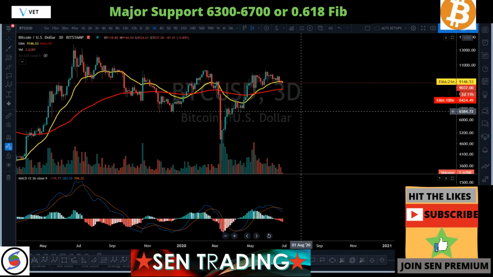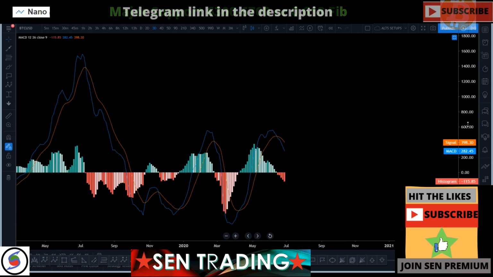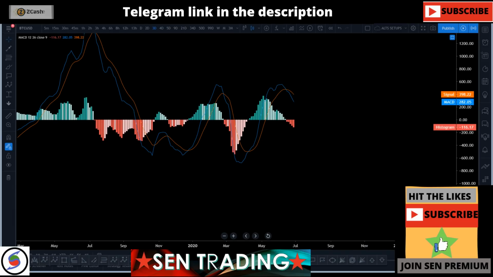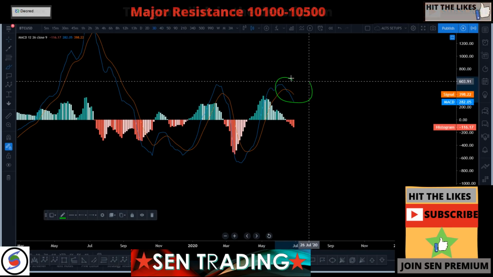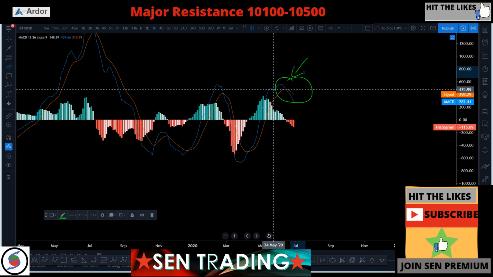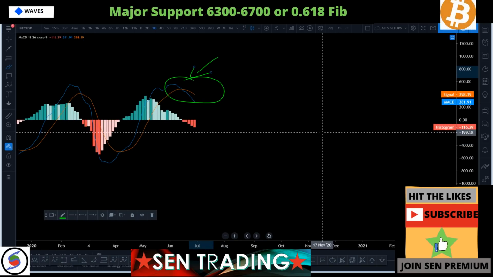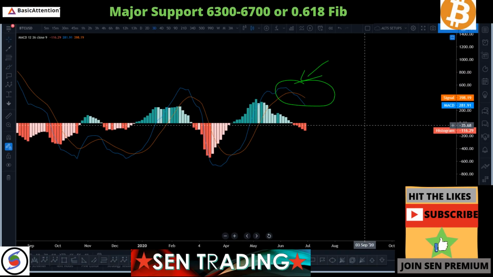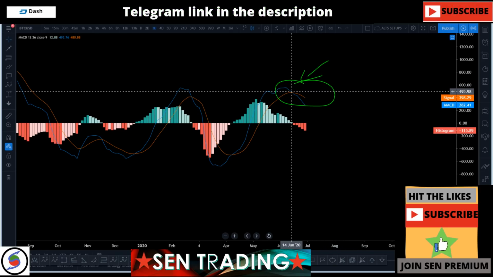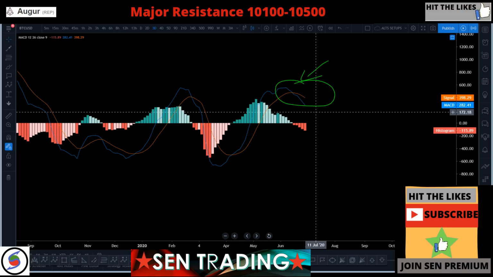As you can see, I said it multiple times previously. I showed you the 3-day chart, right? On the MACD, we said if we let this crossover happen, most likely we could be seeing some severe downtrend within the next few weeks. So we basically got this crossover, and since then BTC has been trending down.